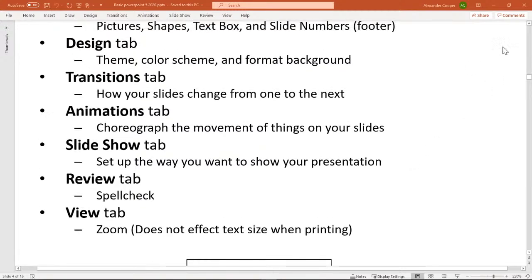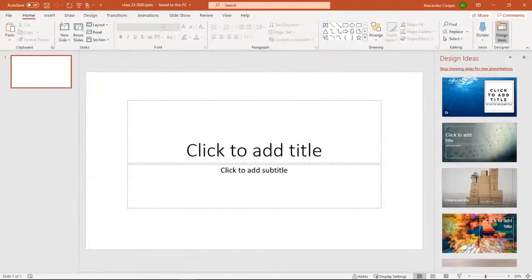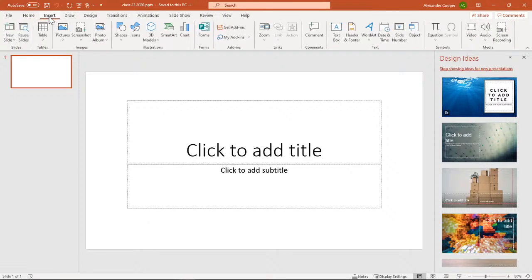Now, if we pull that up and go through those, we'll see Home. Here's our clipboard area, okay? Here's our slides area. Here's our font area. Here's our alignment section, okay? I'm mostly focusing on the ones that most people use. Insert. Here's where we insert our picture. Insert a table if you need to.